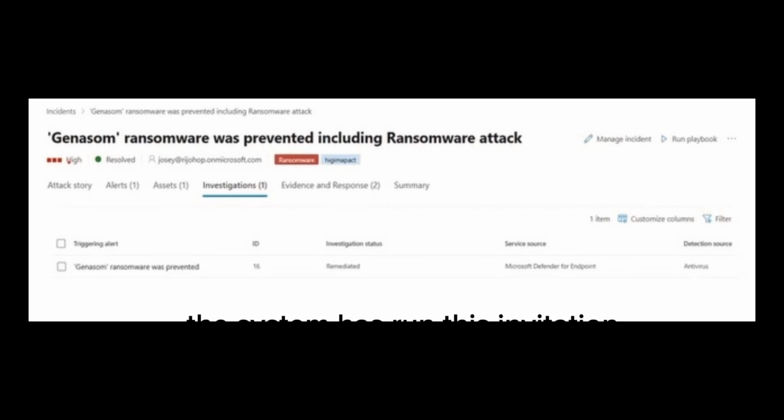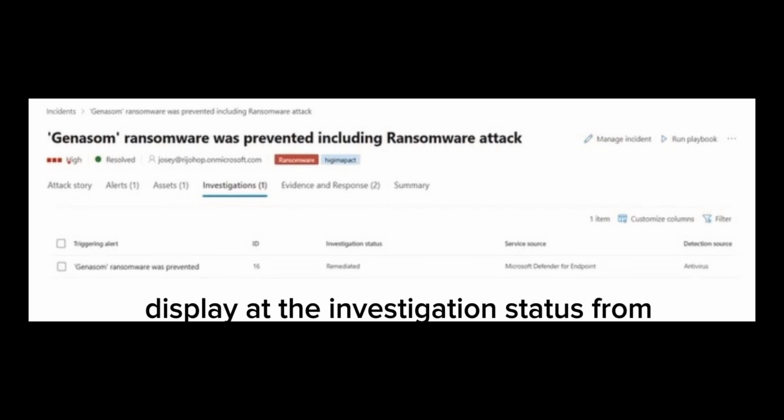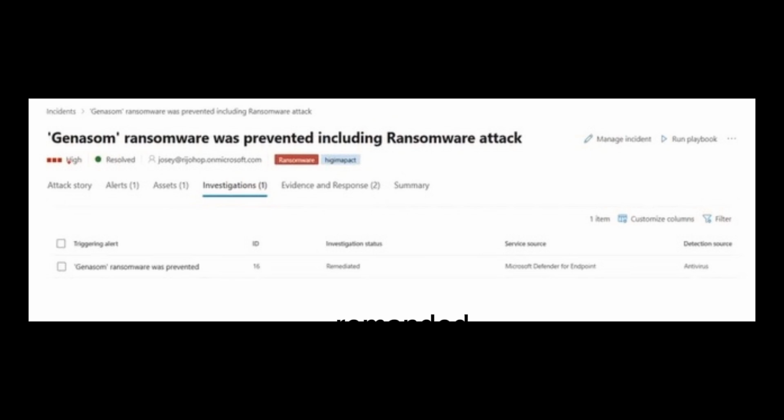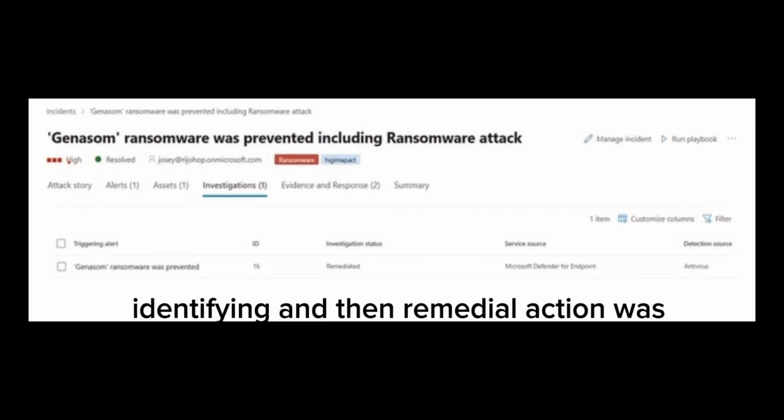These investigations display the investigation status, which explains whether the remediation action was successful.